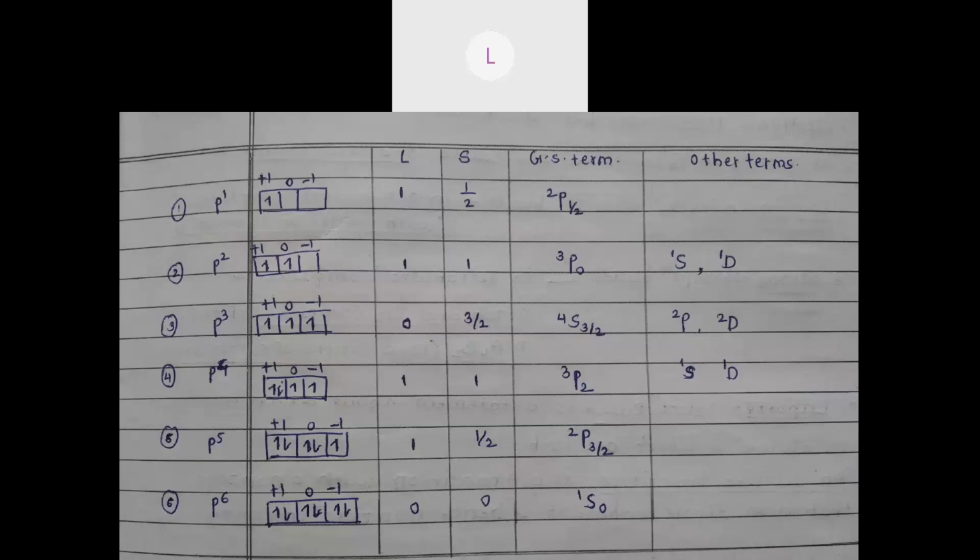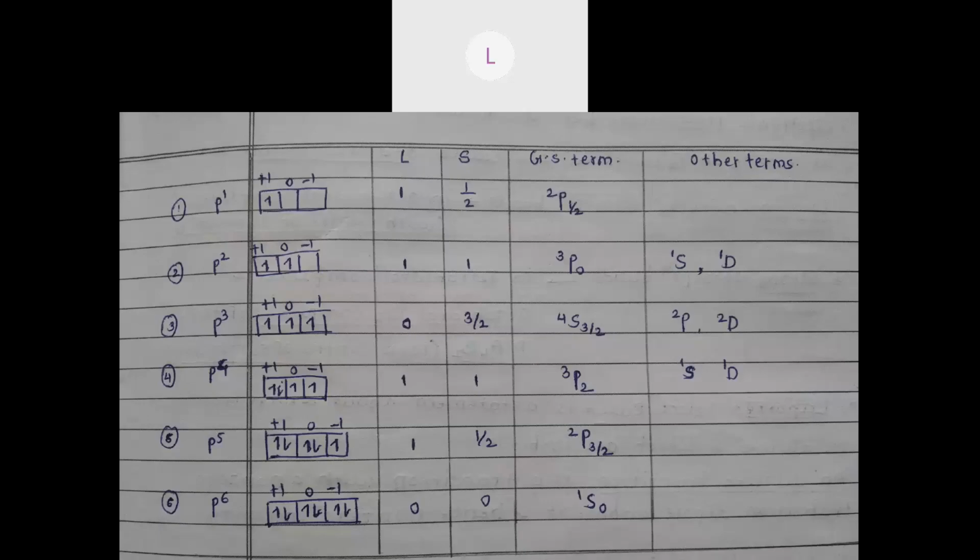If one electron is placed in an orbital, then the L value, the orbital quantum number for that electron, is plus 1, and the spin quantum number will be plus half. From this, the spin multiplicity 2S plus 1 can be calculated, and the spin multiplicity for this p1 configuration is 2, and that is why the ground state term symbol is P